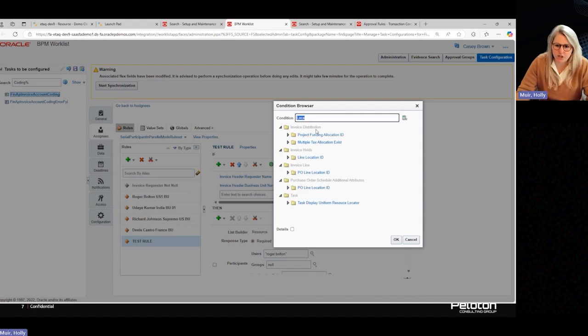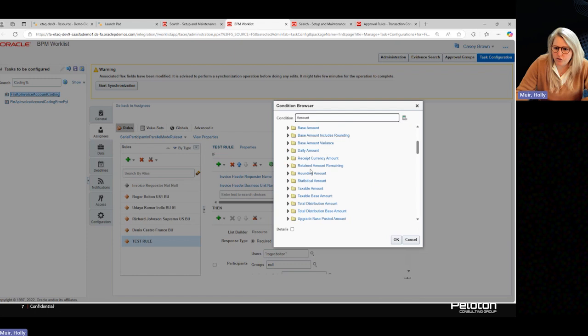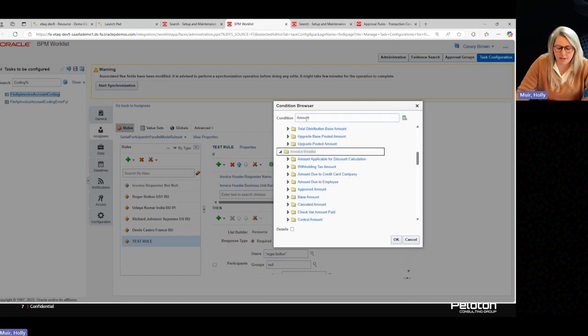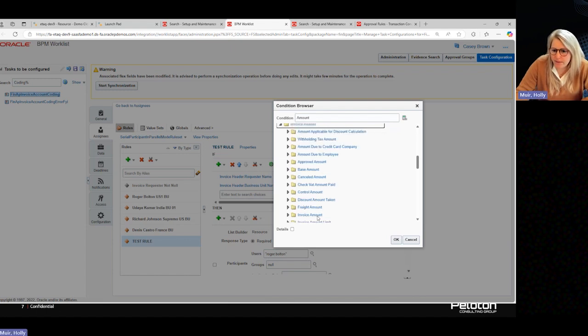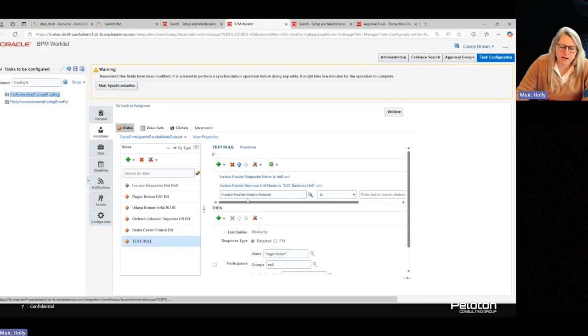All my conditions of what I want the rule to be. So let's go with the word amount. For the word amount, I could use definitely at the header level. So here's invoice header, the total amount is always a good one. So let's go invoice amount, click OK. And it built my rule. Invoice header, invoice amount